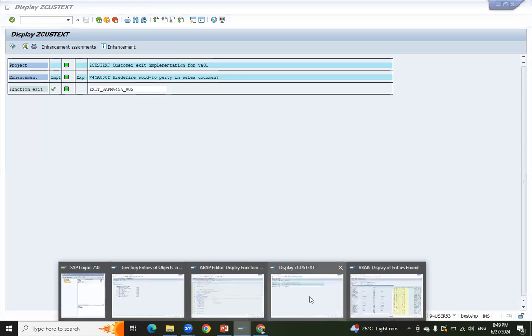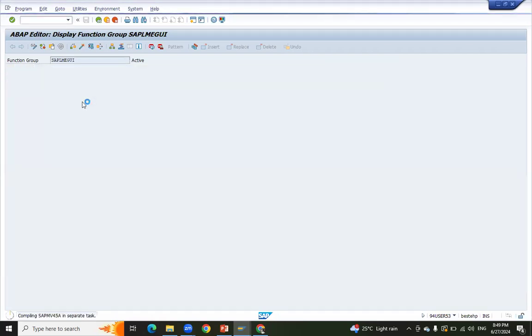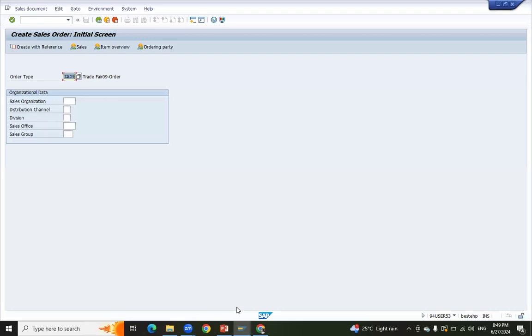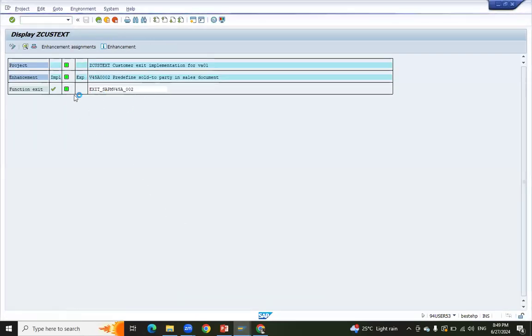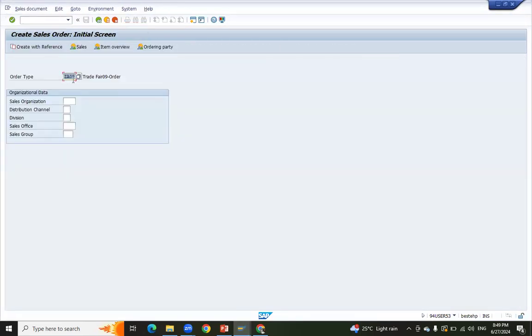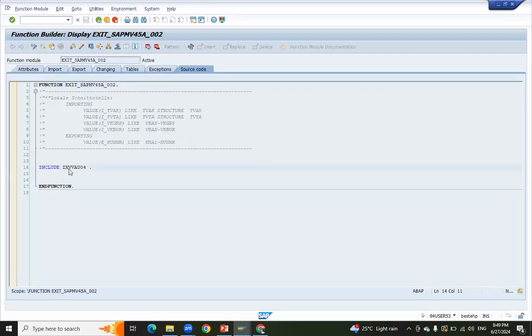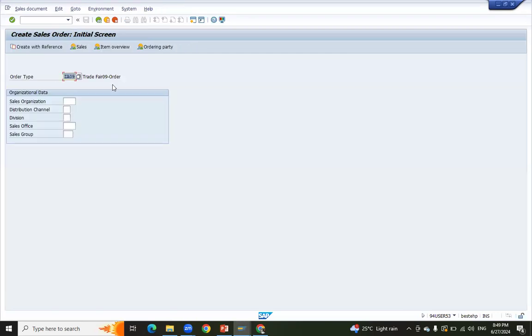So now I'll just try and go to my transaction VA01. Okay, and if you want, you can also put some condition, like for order type ZA09 you want to default it to 2200. If there is some other order type, something like that also you can achieve. But for now I just kept it very open. I'll open it. See,